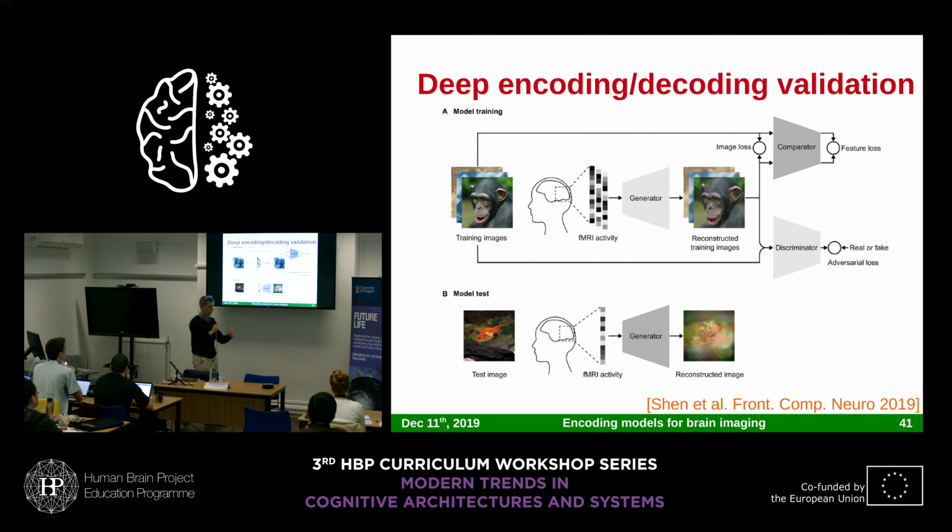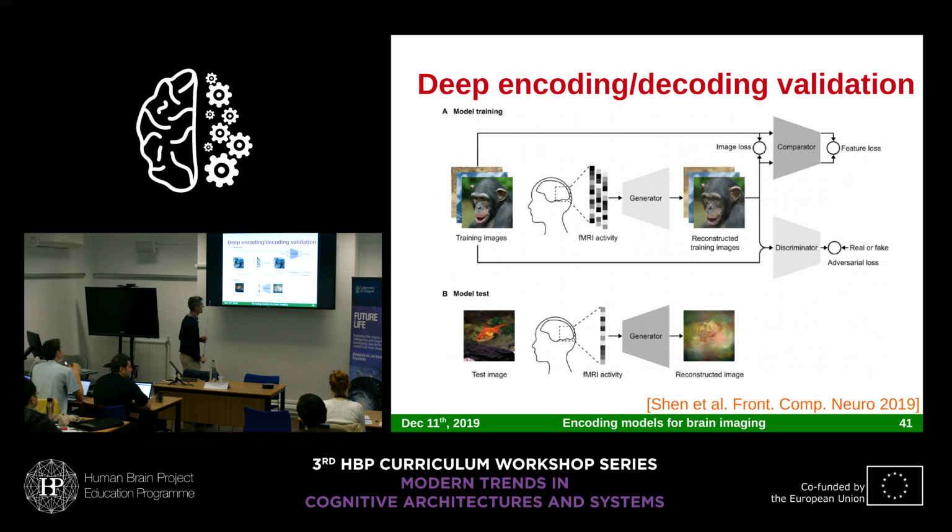You want to reduce the gap between the true images and the fake images, or the reconstructed images. So as in a GAN, generative adversarial network. And you also have a comparator which tries to make the reconstructed images as close as possible